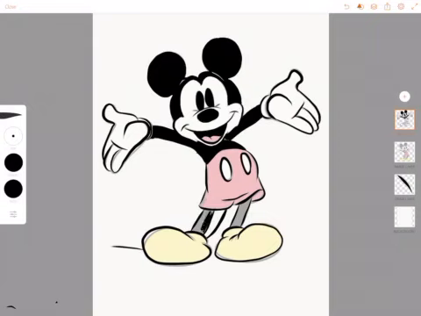Alright, so to his legs, and then I'll change the colors for his shorts and his shoes. Let me just smooth this out a little bit. All right, now